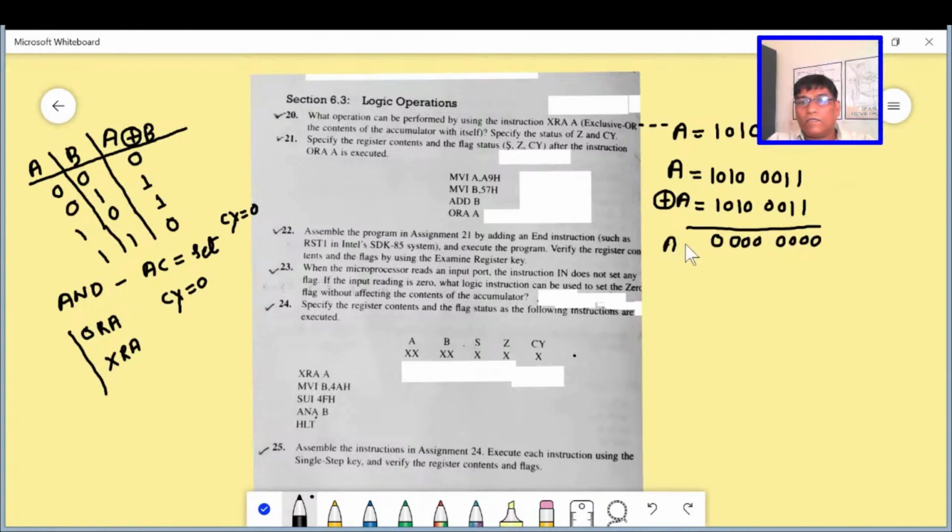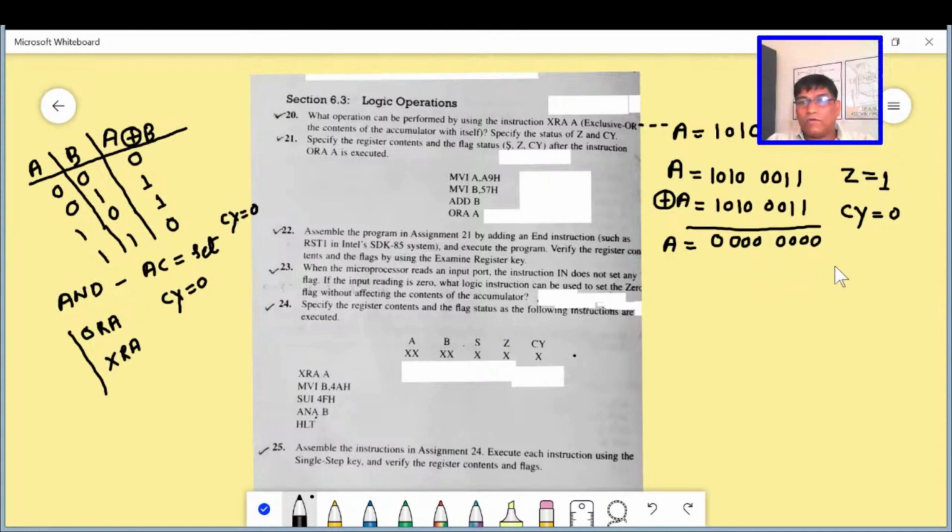So the accumulator will have 0, which means the Z flag will be 1, to indicate the accumulator content is 0. And what about the carry? Carry will be reset, carry will be 0, carry will not be set. In all logical operations, carry will always be 0, whatever the logical operation is.